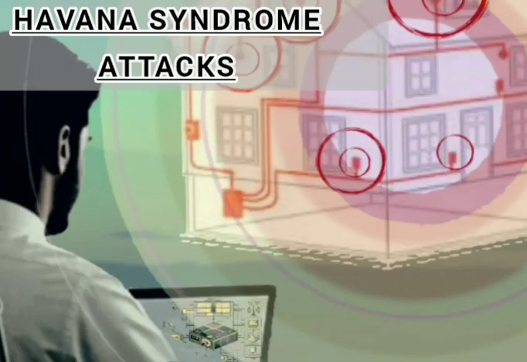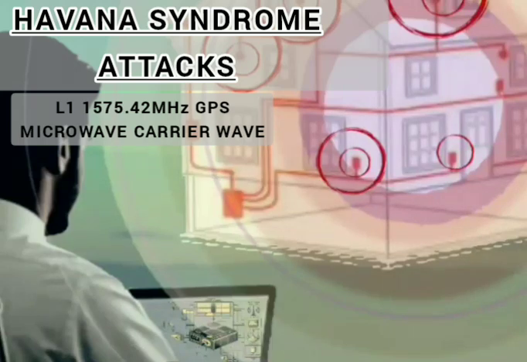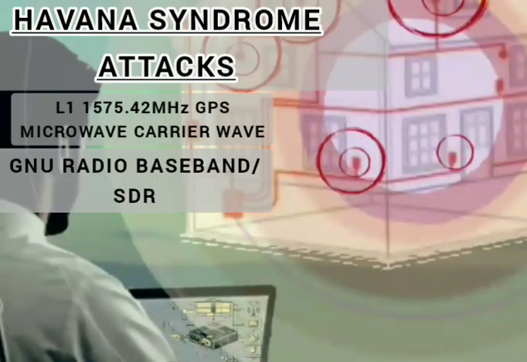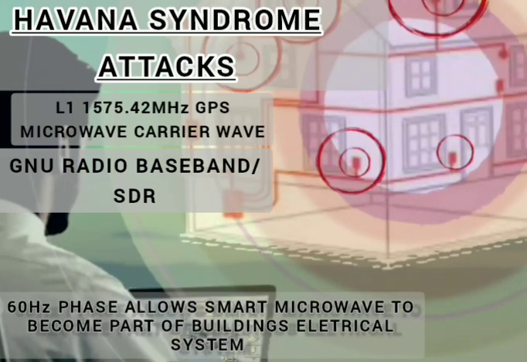Havana syndrome attacks are cyber attacks using a smart L1 1575.42 MHz GPS carrier waves. Havana syndrome cricket cicada noise caused by frequency interference. The L1 1575.42 MHz GPS microwave carrier signal, new radio baseband, and 60 Hz are joined together using the correct